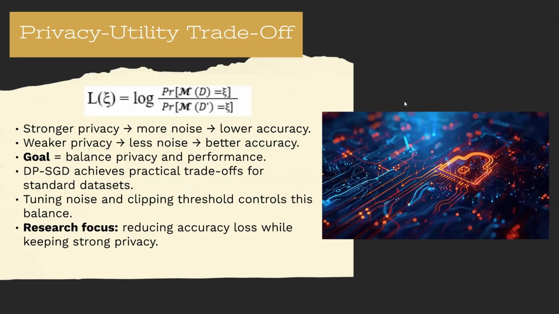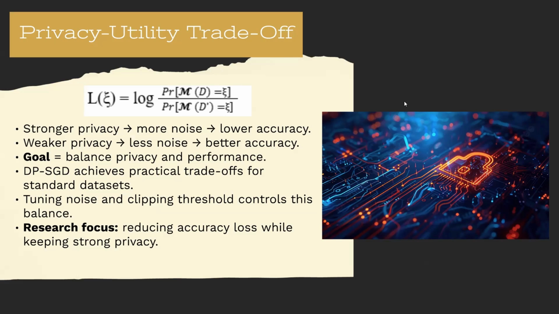Next, once all of these steps are done, we'll be looking at how privacy analysis is done. So privacy analysis is guaranteeing that the DP-SGD is expressed in terms of epsilon and delta, the differential privacy parameters. To measure and control the total privacy loss over many training steps, Abadi and his team introduced a moments accountant, a mathematical tool that tracks the privacy loss more precisely than the standard composition theorems.